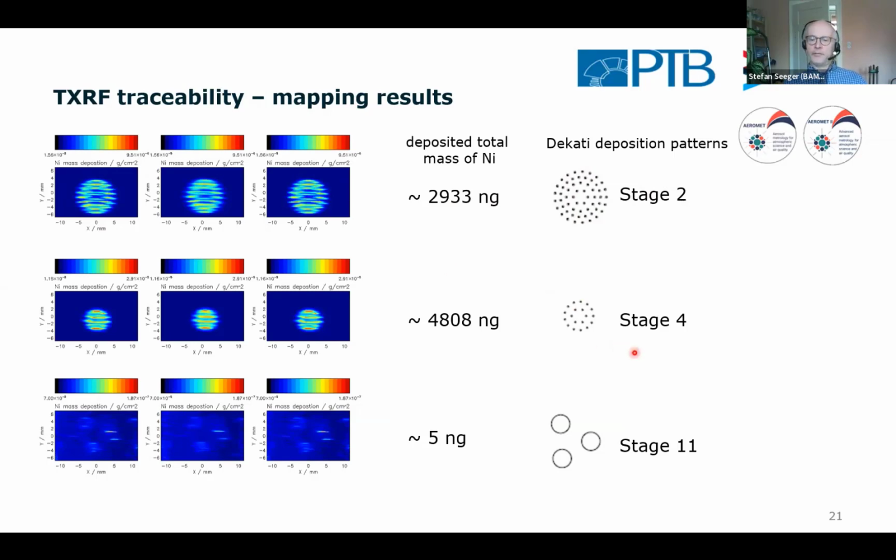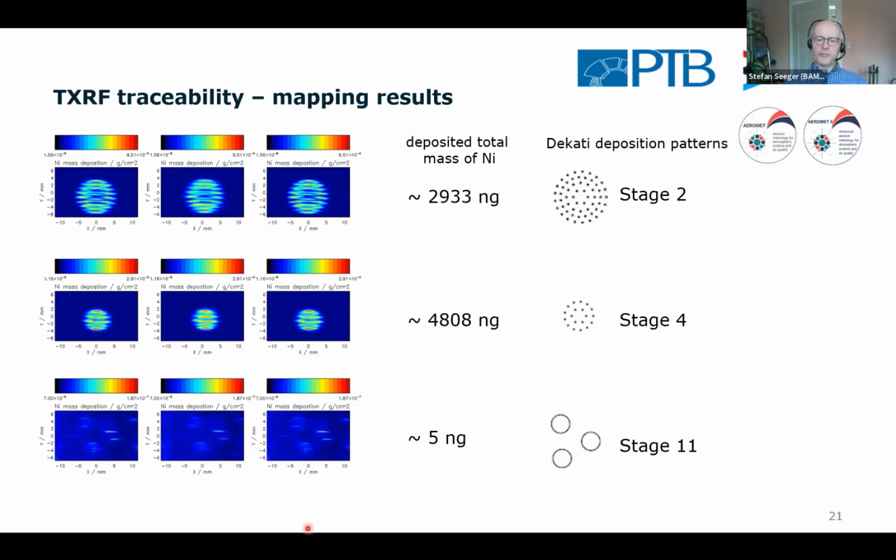And again, if we have here stage 4, which has only 2 concentric rings, again, the scan pictures show that the structure is different. And this is particularly visible if we go to stage 11, where only 3 areas of deposition exist. And if you look with sharp eyes onto the mapping diagrams, you see these 3 areas also in the mapping data. Yeah, we can measure by this the total deposited mass of nickel, which was slightly